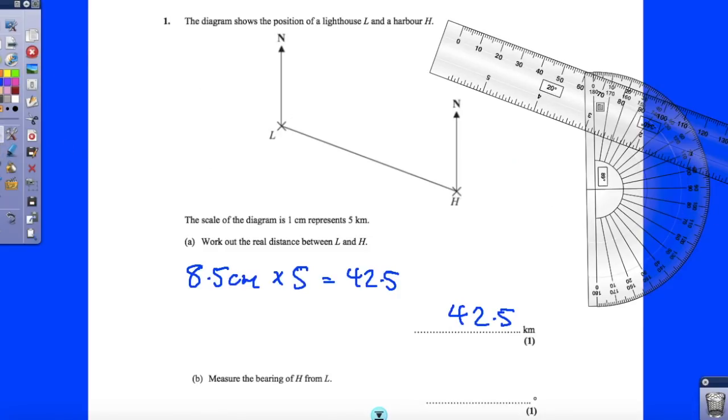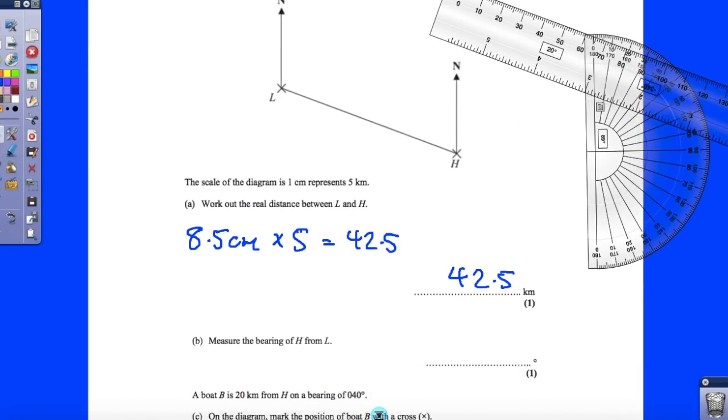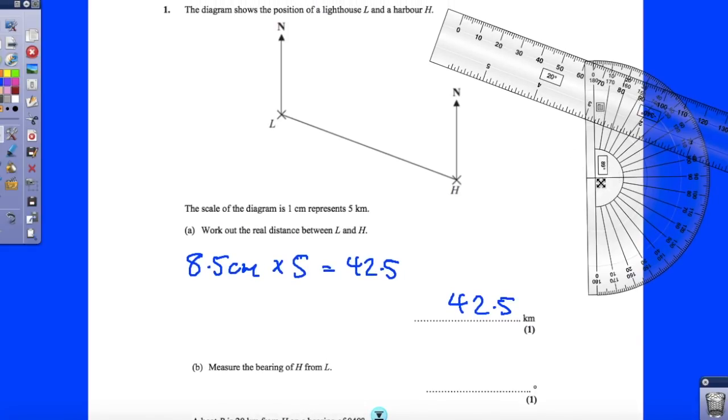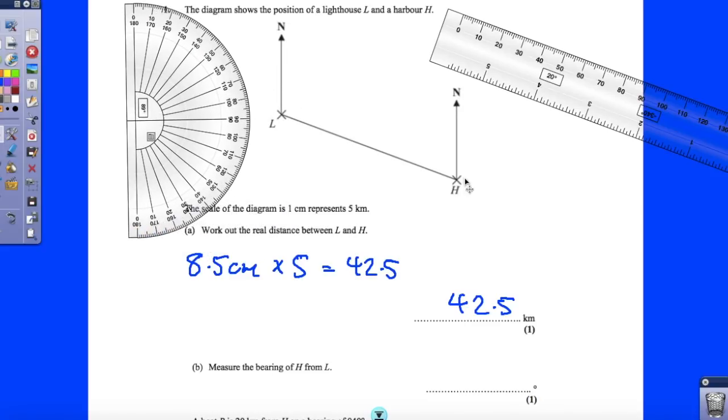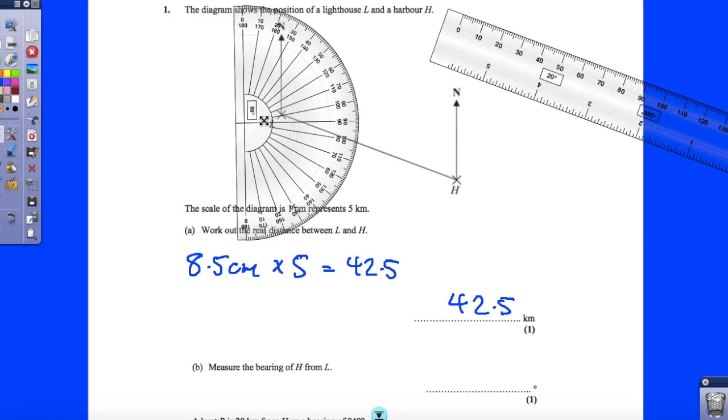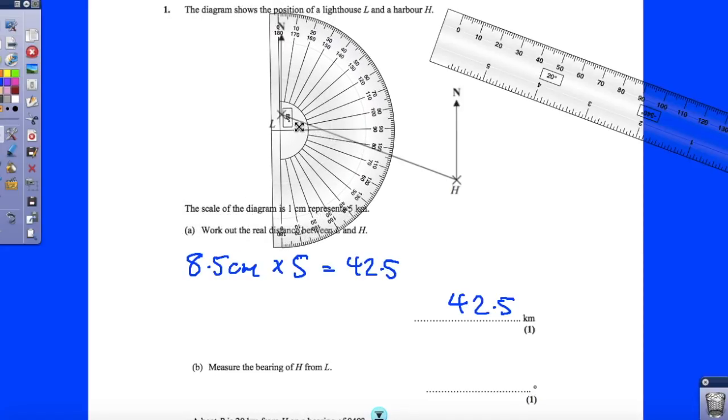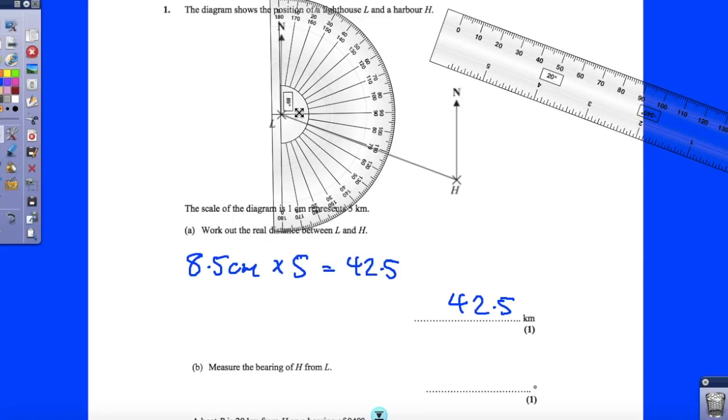Part B says measure the bearing of H from L. So for this question we need a protractor, and you can take your protractor, and we need the bearing of H from L. So we're going this way. So we need that angle from north around to this line towards H. So we place the protractor on, put the center on L, place the 0 on north,